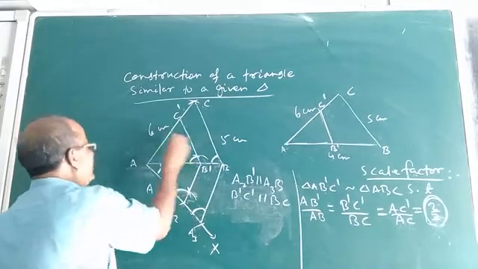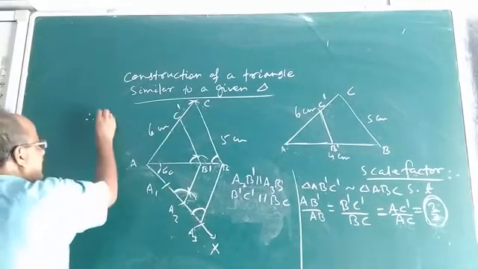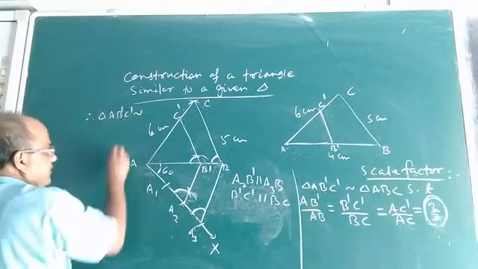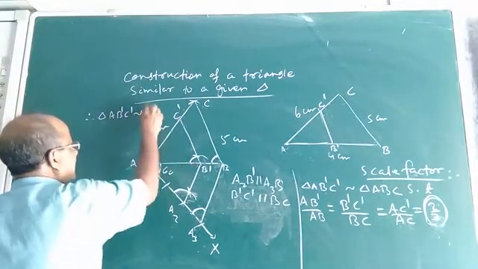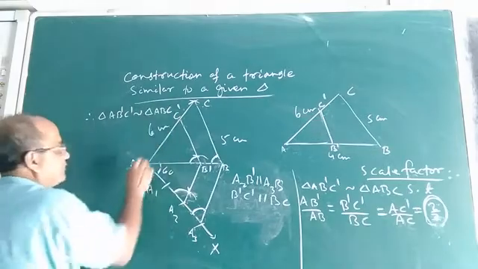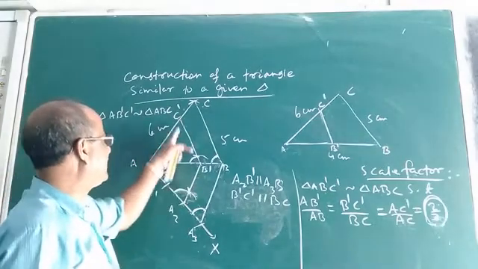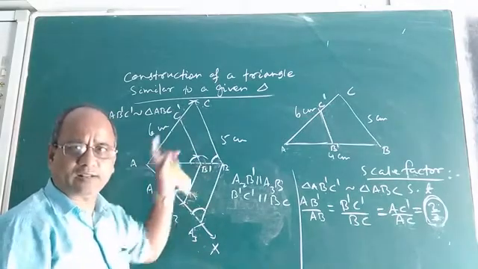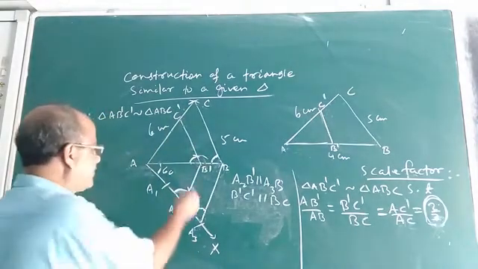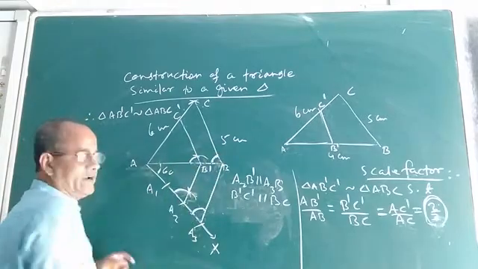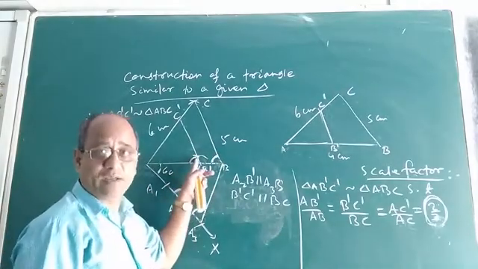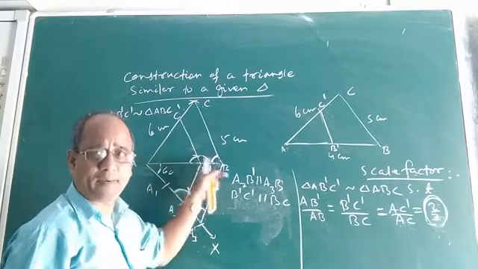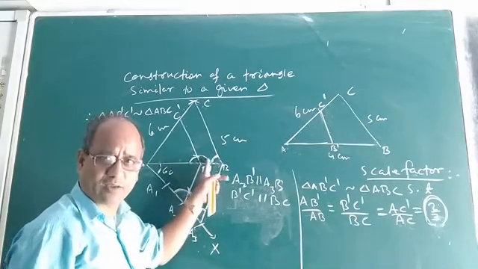So, triangle AB dash C dash will be similar to triangle ABC. Why? How to justify that these two triangles are similar? Look at this angle and this angle, they are already equal because we had shifted angle ABC at the vertex B dash, and they form a pair of corresponding angles.